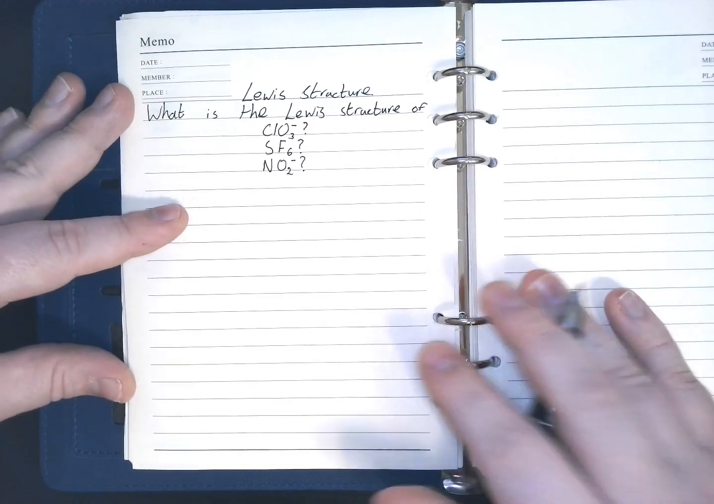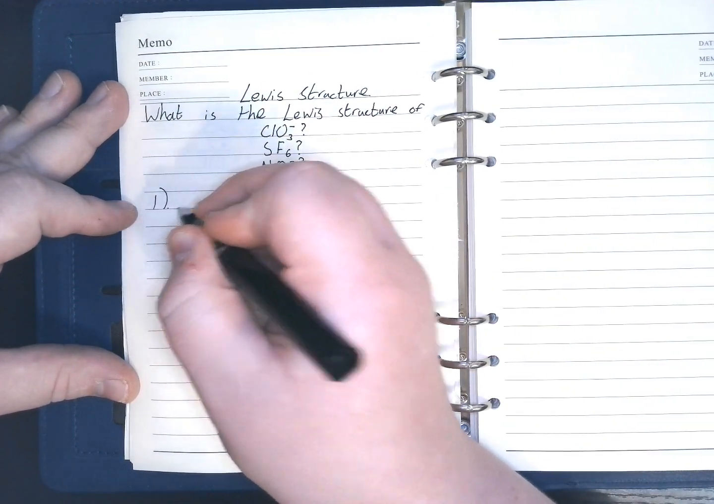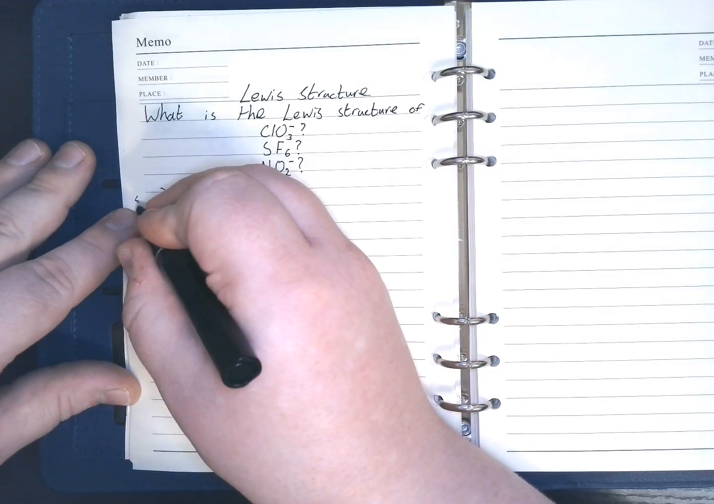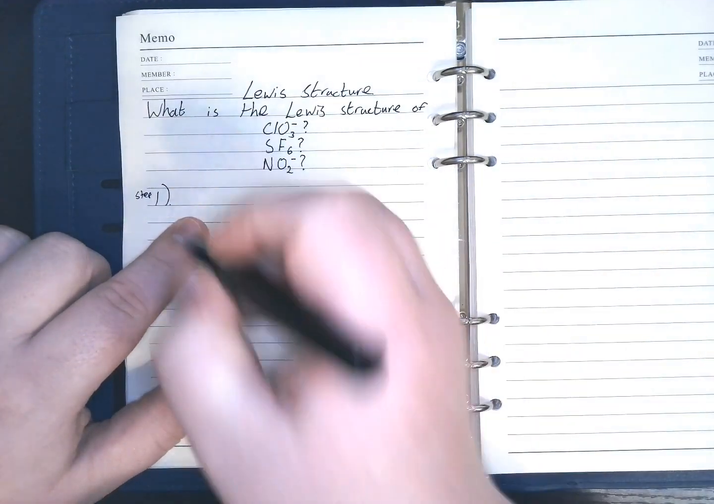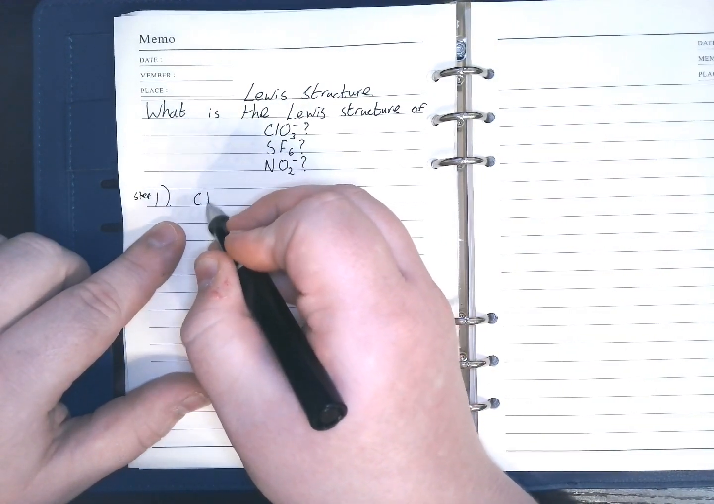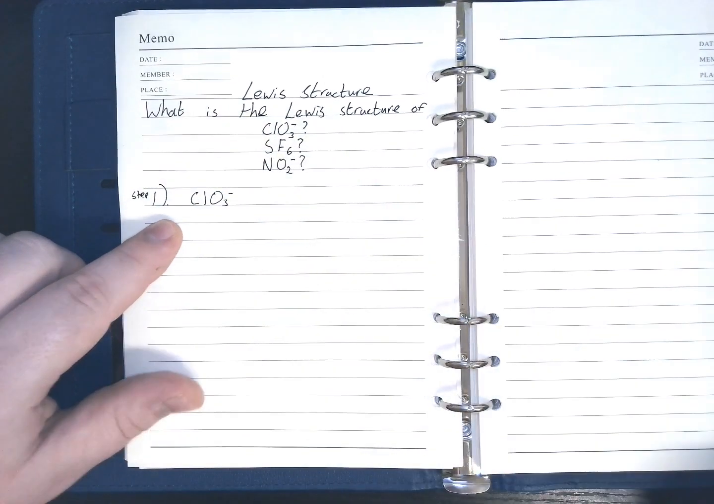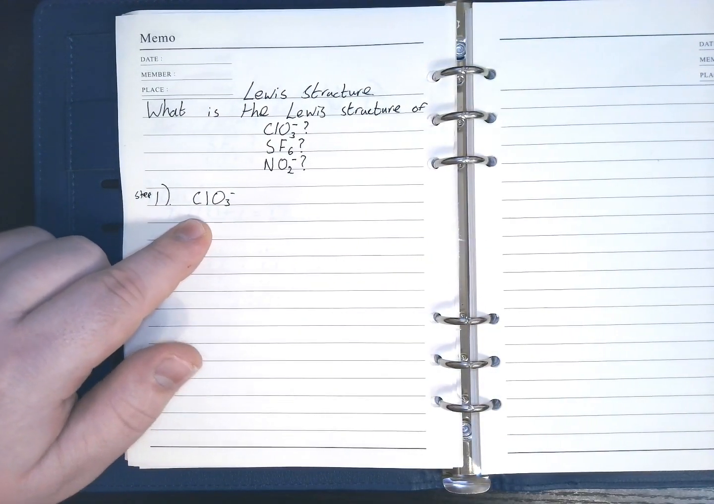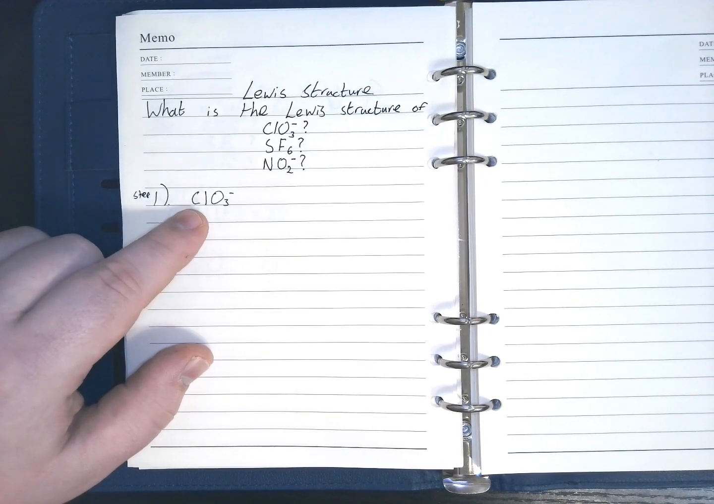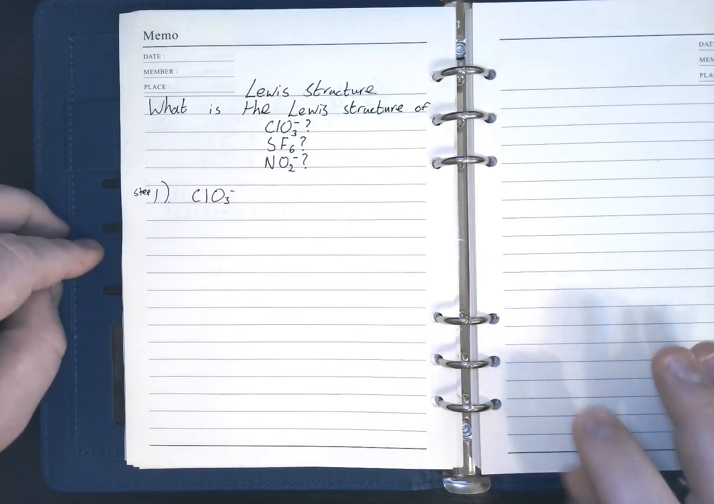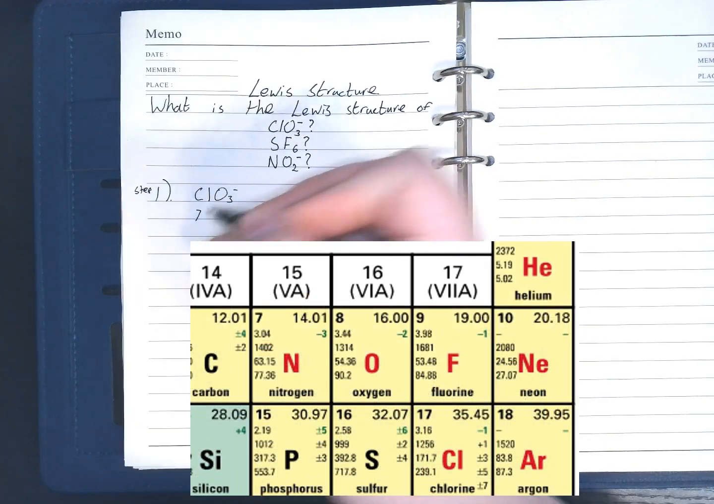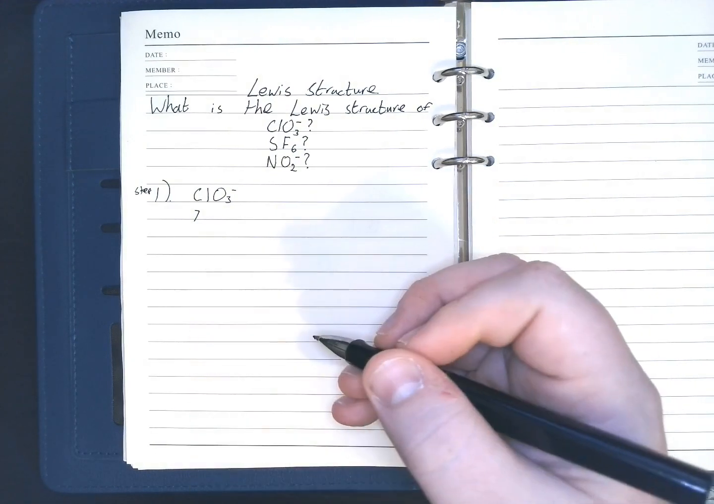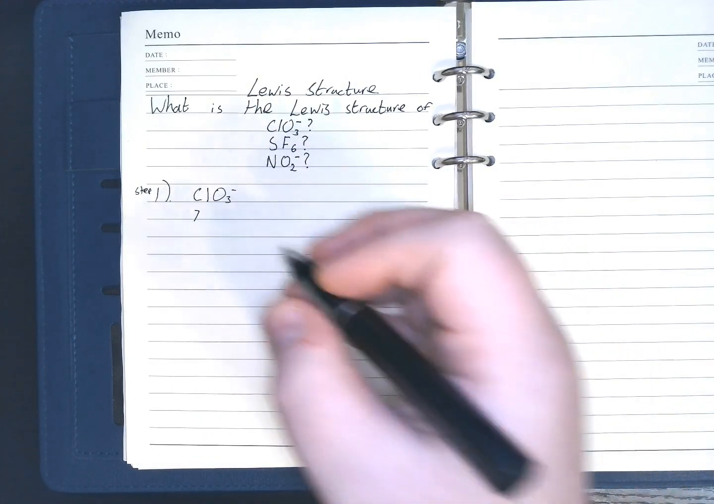First things first, I'm going to write a number 1 to indicate step 1. Step 1, there we go. I'm just going to start off by writing our compound, ClO3 minus. Let's look at chlorine to start off, and chlorine is in group 17. If chlorine is in group 17, that means chlorine is going to have 7 valence electrons in our outer shell. And then we're going to add